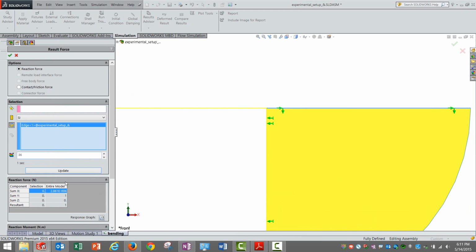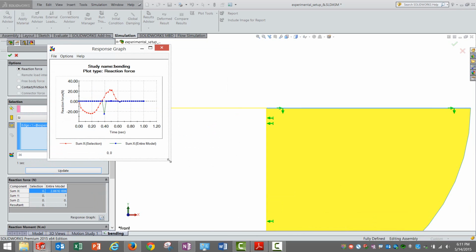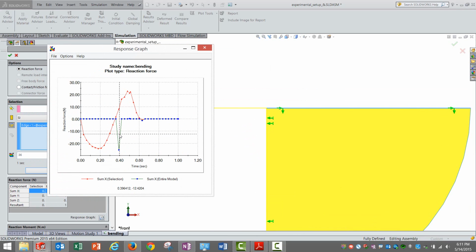So yeah, when we select that appropriate thing and click the response graph, we are actually selecting the top edge down here. The red line is showing us the reaction force on the selection, and the blue one is on the global thing. Obviously the global one can neutralize so that there is balance and it is following properly, whereas the red line shows you the variation of